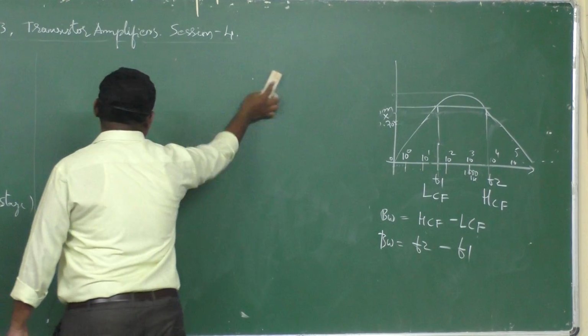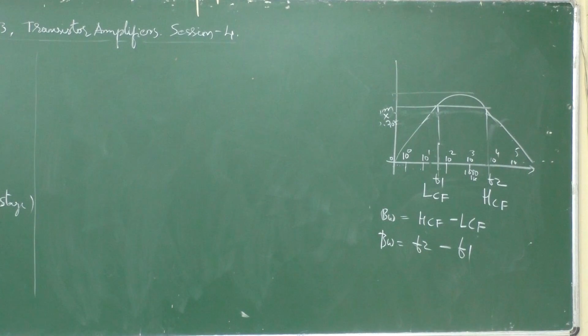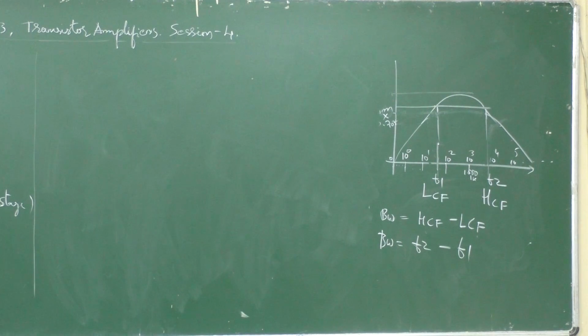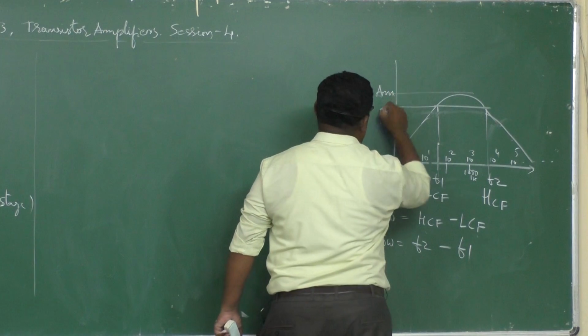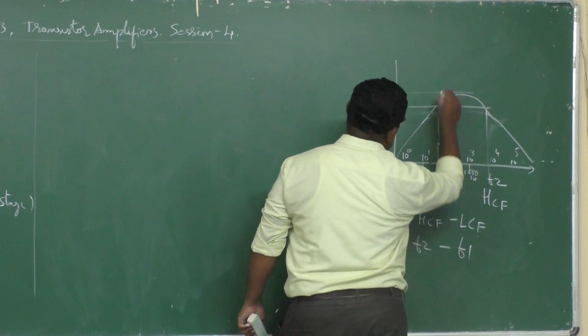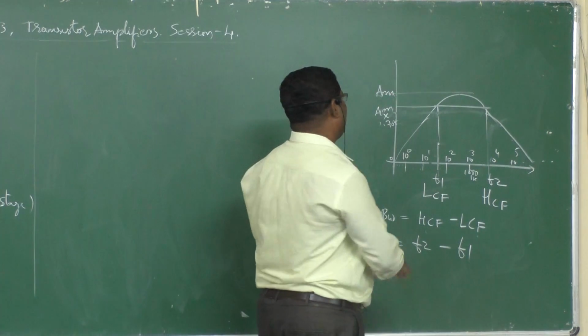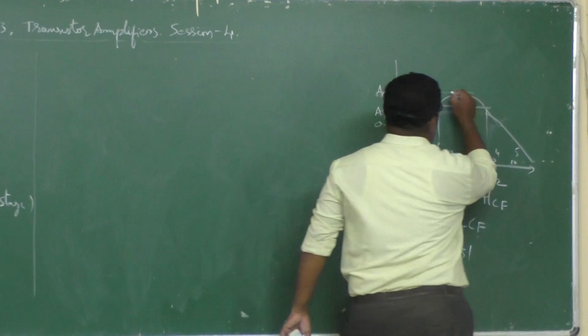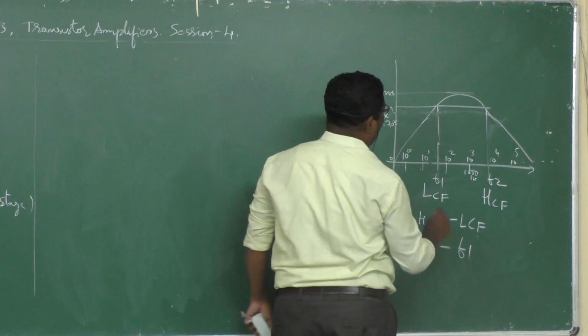Then we come across the second one, which is half power gain in amplifier. What do you mean by half power? Half power is also known as 3 decibels, minus 3 decibel frequency, or half power frequency. It is when voltage is down to 1 by root 2. So this is AM, the maximum amplitude. AM stands for maximum amplitude, multiplied by 0.707. So the power from here to here is nothing but half power.